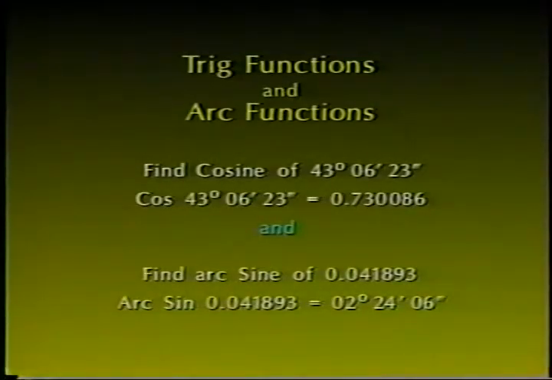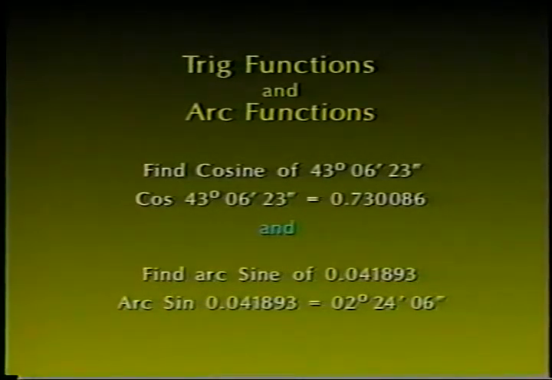Simply enter the angle, generally in decimal of degrees format for most handheld calculators, and press the key designated for the function sought. Set your calculator to read out to the nearest 6 decimal places in order to provide the correct accuracy to be consistent with today's surveying instruments. For example, in this graphic, what is the value of the cosine function for 43 degrees, 6 minutes, 23 seconds? It is